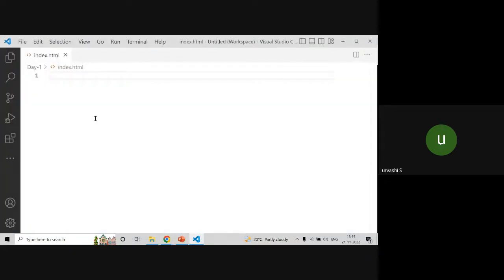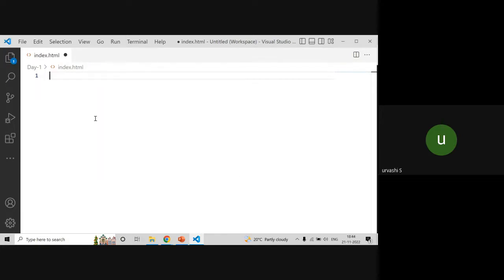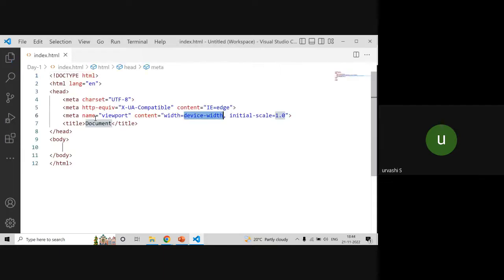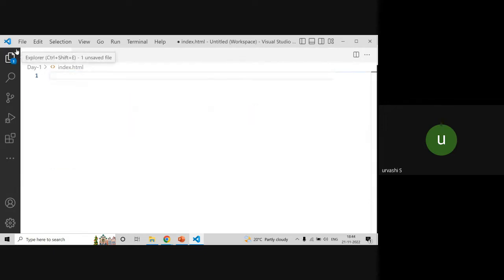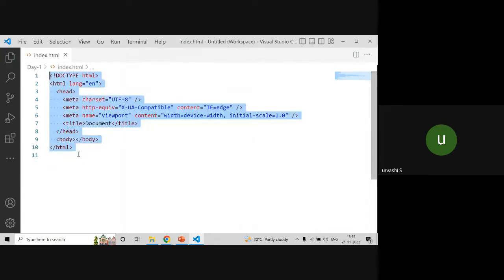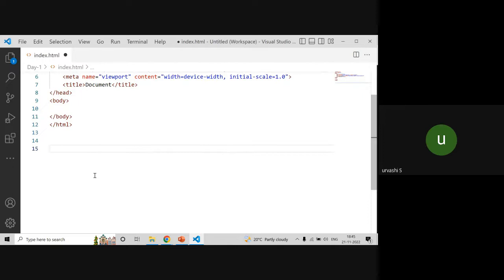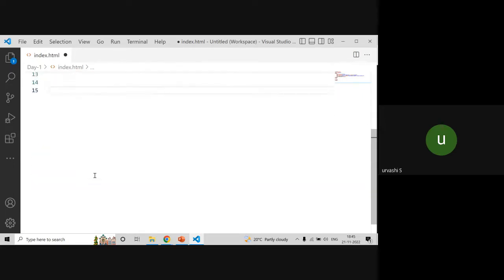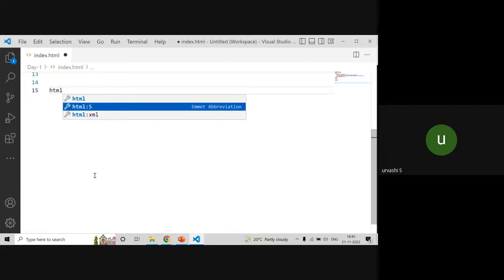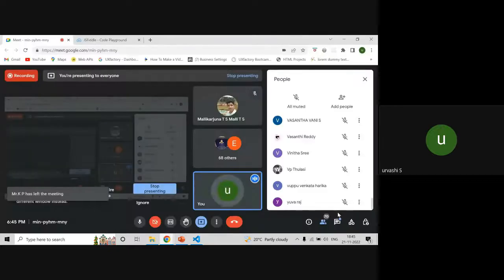Perfect. So team, there are two things. Either I will start writing my code here manually, or just write exclamation and press enter. You will get the complete structure here automatically. In HTML, we follow a structure, so you will get that structure automatically. Or maybe according to your system, if it's not coming with exclamation, then write html:5 and press enter. Then also the structure will come. It's a shortcut so that we don't have to write the code manually.